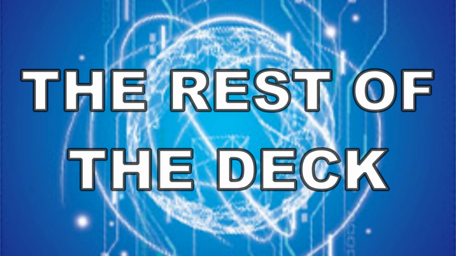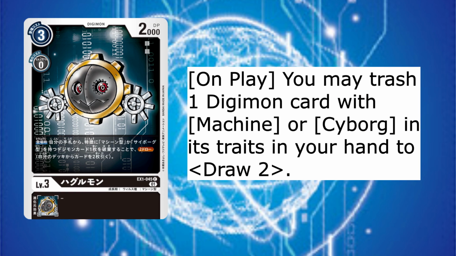How do we get them out of the deck? And with 15 level 5s, how do we not break? To solve this, we need as much draw power as we can. EX-01 Hagurumon has an on-play effect which allows you to trash one cyborg or machine Digimon from your hand to